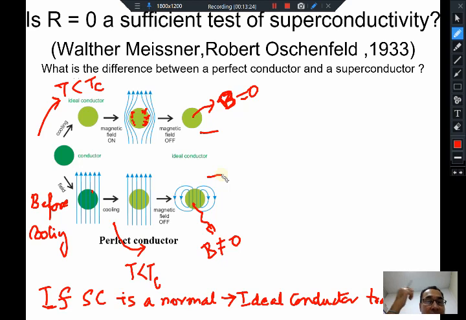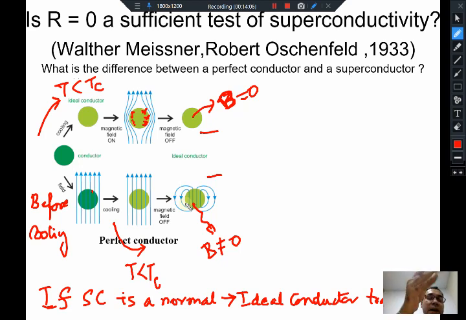So the question is, what happens in the material, and this is where Meissner did this experiment. Meissner and Robert Ochsenfeld showed that a superconductor behaves very, very differently compared to an ideal conductor. They basically did the same thing: you can first cool it below Tc, apply a magnetic field and then switch off the magnetic field, or apply a magnetic field, cool below Tc, keep the field on and then switch off the magnetic field. Do they reach these two different states where B is different?